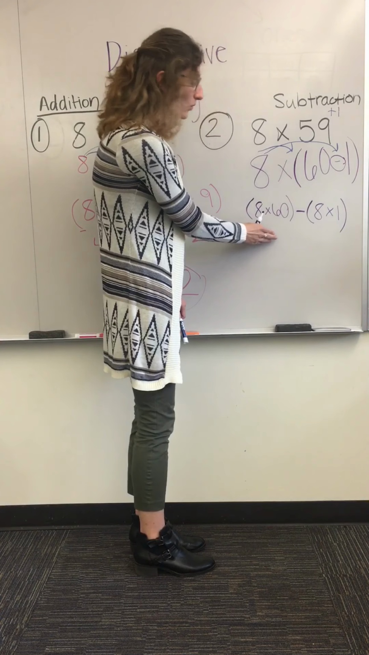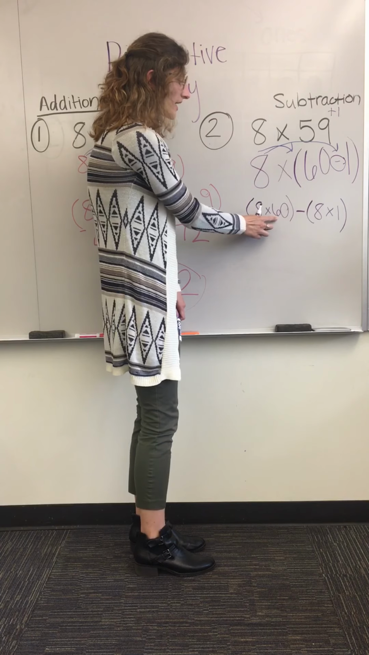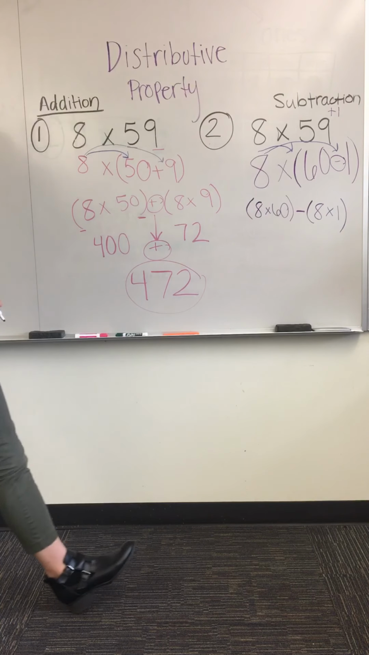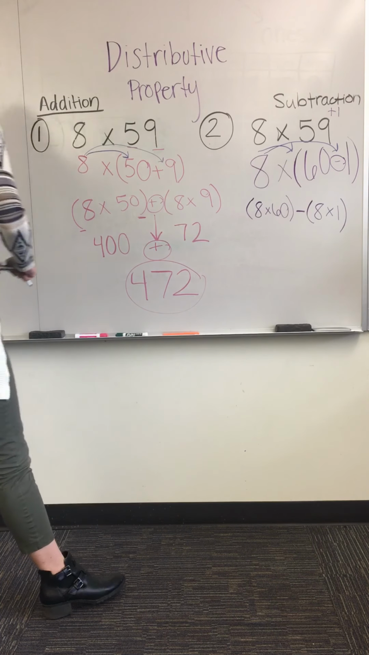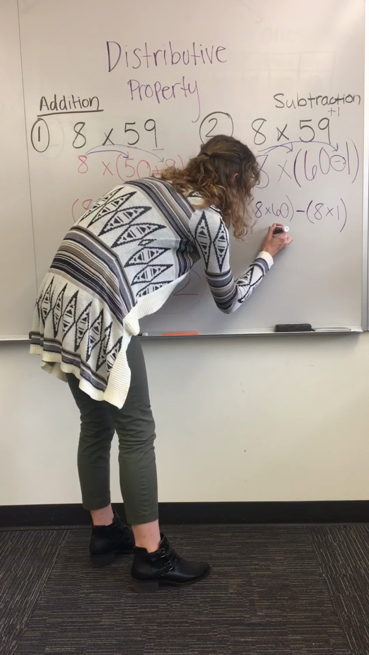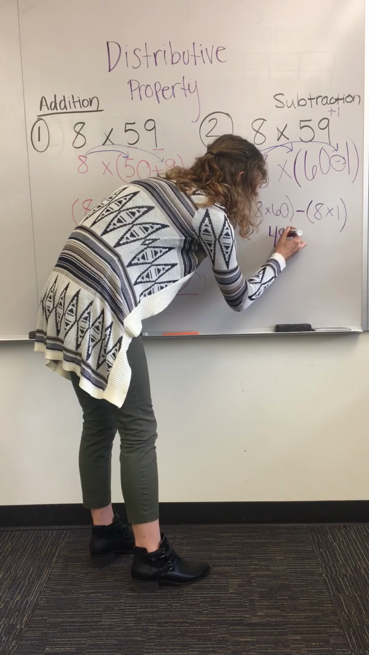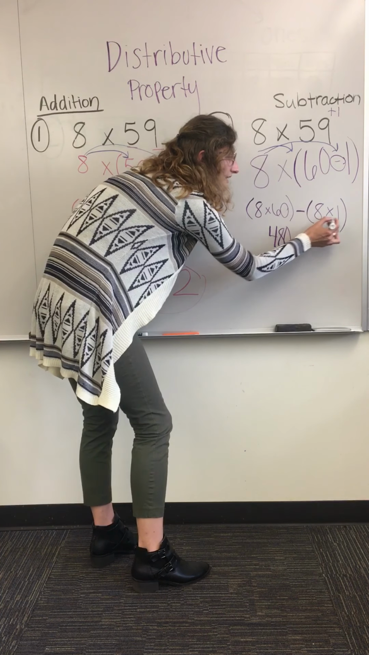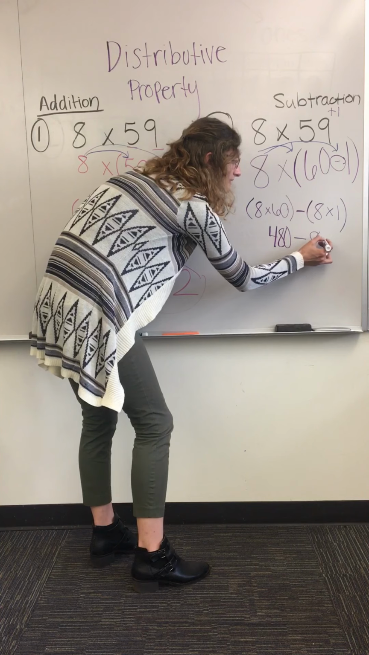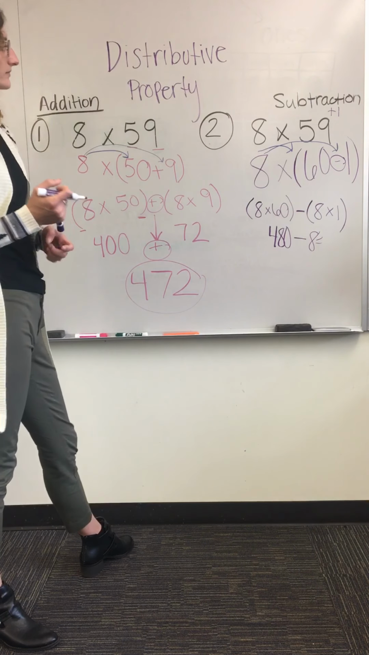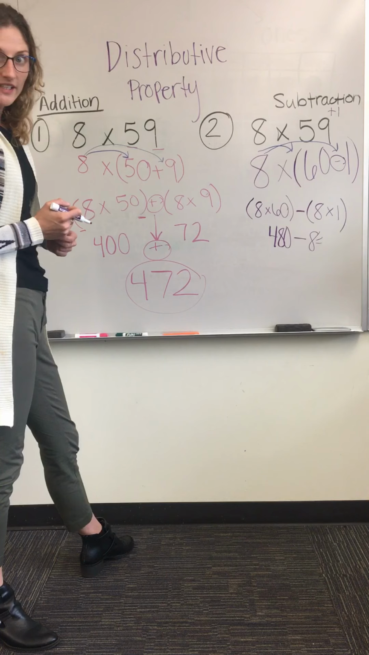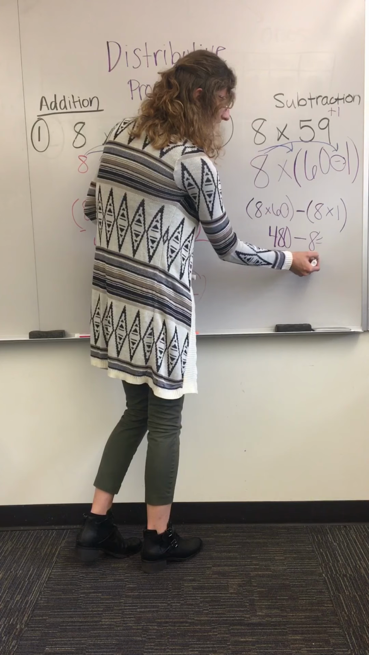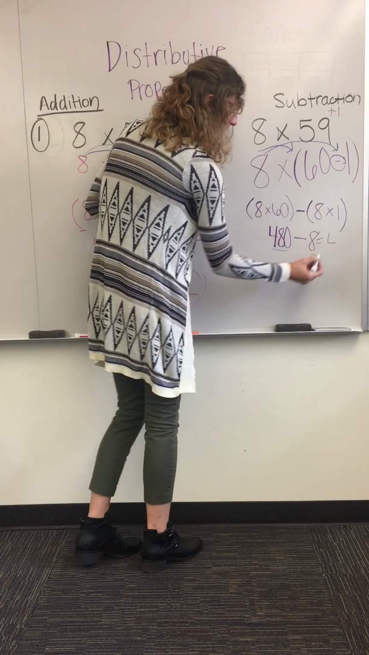60 is kind of a big number to work with, so I'm going to multiply that 8 and that 6. Gives me 48. And add that 0. Minus 8 times 1 is 8. We're not done yet. We need to figure this out. So 480 minus 8 gives us, well,